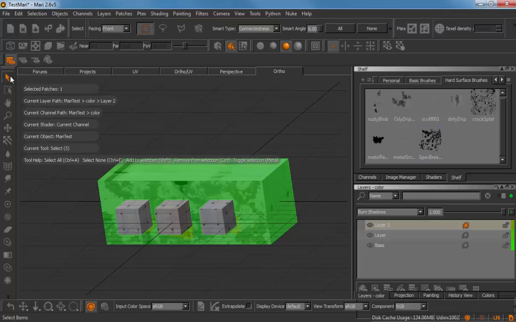So I'm going to grab this again. I'm going to click on one of these items. And I don't have to do it in the UV editor. When I click on an item, it'll automatically grab that patch because this is set to select by patch. Okay? Now I could also come over here to select by face, and then it will allow me to select